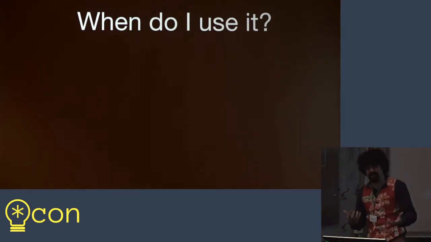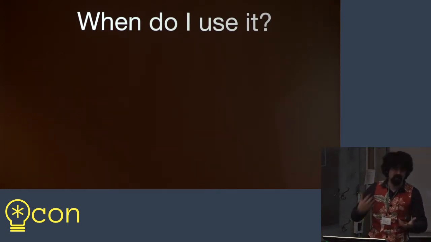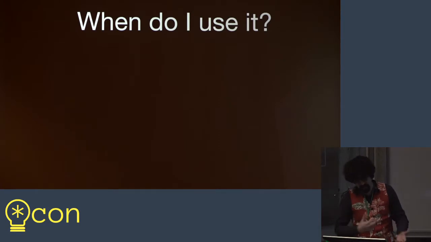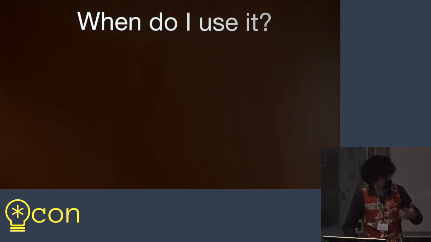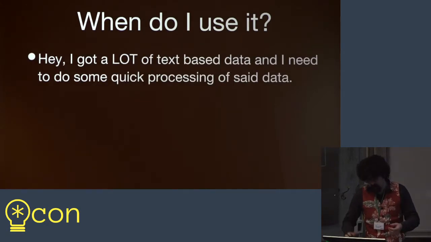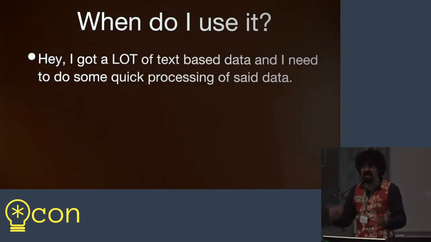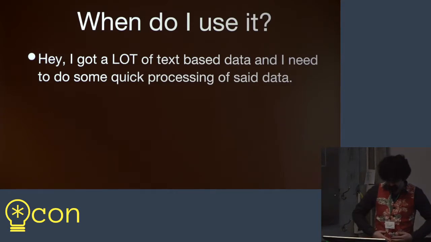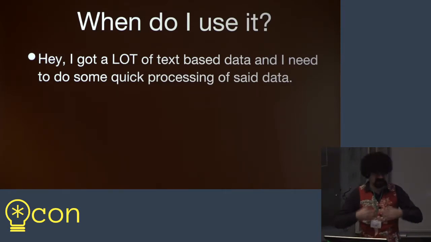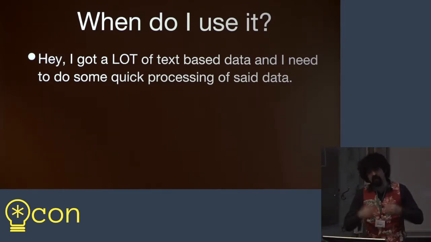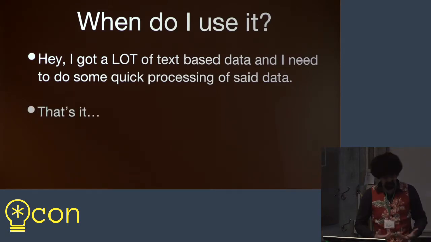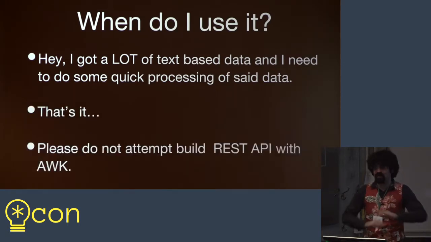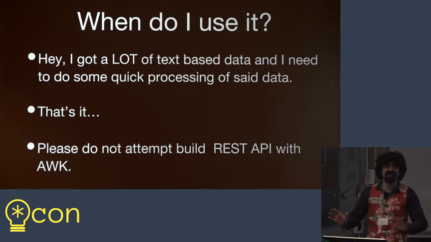Okay, so now we kind of know that awk is the simple processing language, and we have a little bit of extra information about the who and the why, and so now we can ask, when would I actually use this language? Well, we want to use the language when we have a ton of text data. That's what it's really good at. Whether it's books, CSV files, other things, and we need to quickly extract information from them. And that's it. Don't use it for anything else.